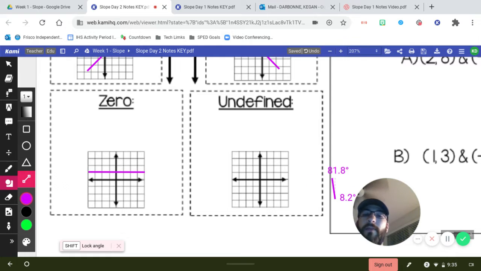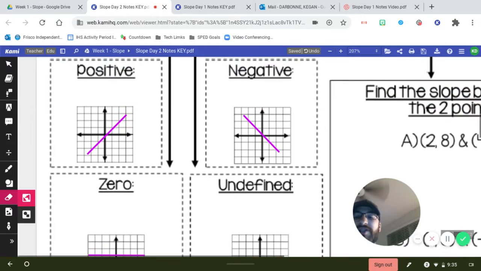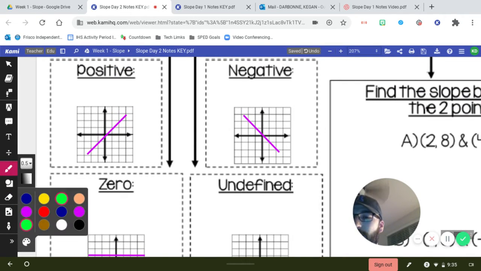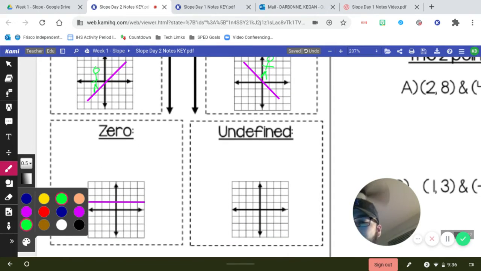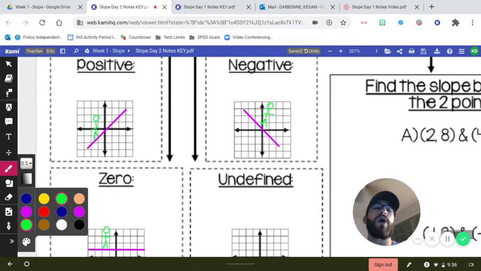Something to think about to help you with them is thinking of a person walking. If I had a positive slope, it would be harder to walk up. I would be walking up a slope. A negative slope means I'm walking down. Okay, down for negative if I was going down my slope. A slope of 0, okay, it would be the easiest to walk. So I'd just be walking like I'm on normal ground. So the nice thing about positive slopes, negative slopes, and 0 slopes, all of them you could walk up, down,